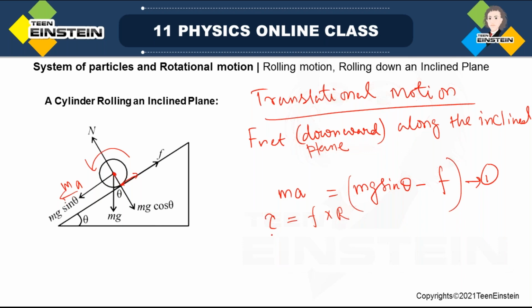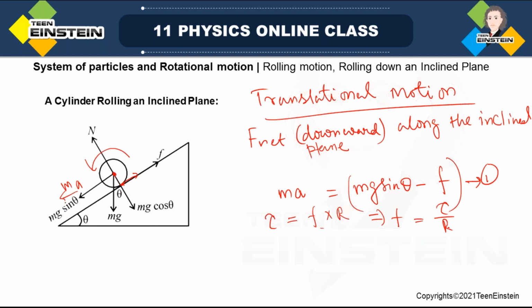Okay, so F into R is the torque. This is in terms of scalar quantity. Now I am writing this in scalar notation. Now look, this torque, we know there is a relationship between the angular acceleration and... if I write F into R, sorry, torque is equal to... F is equal to